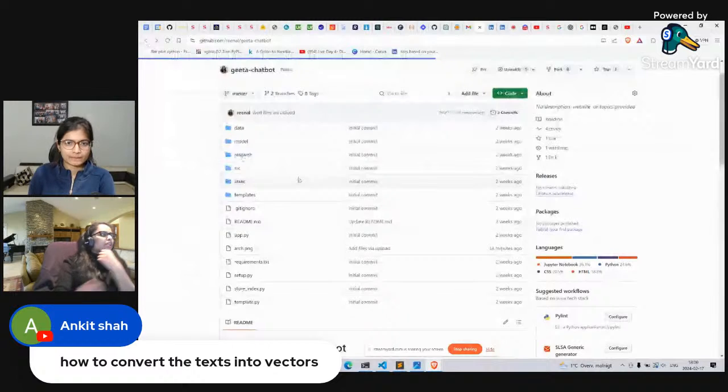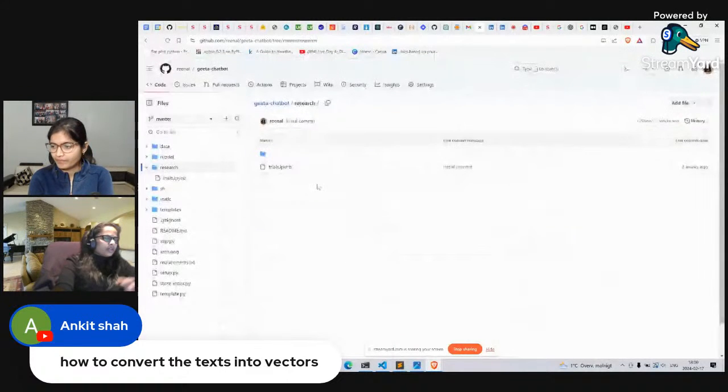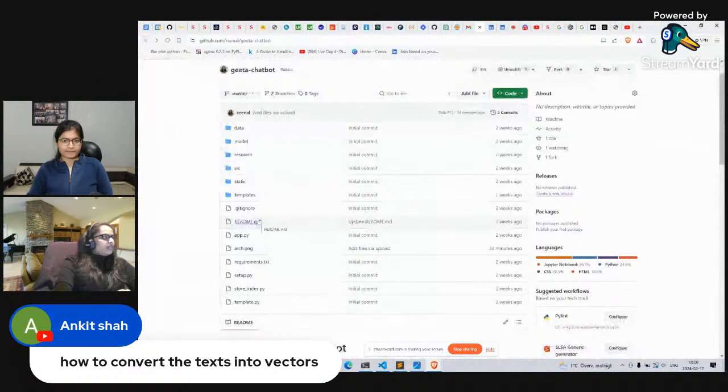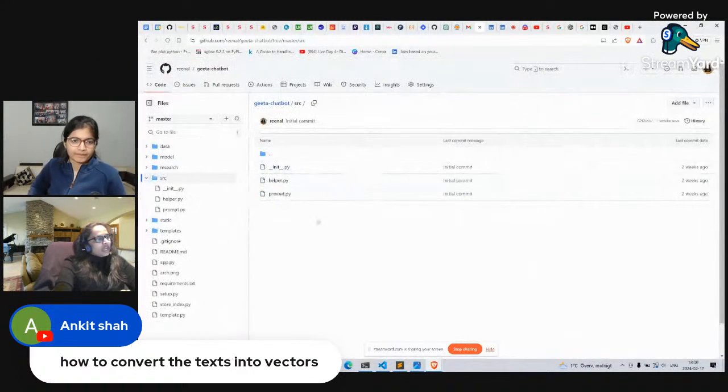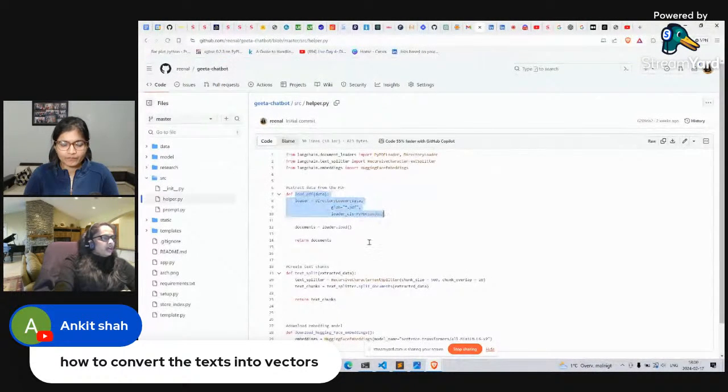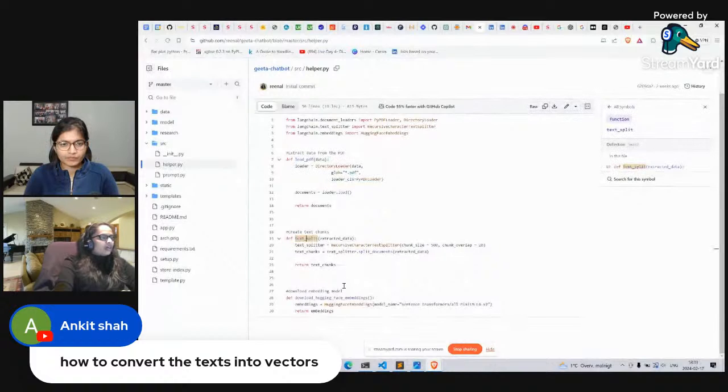Before I converted it into the object-oriented application, I tried that experiment in the notebook, and then converted it into the application. This is the src folder where I keep the helper functions needed in the application, for example loading PDF, creating chunks, or downloading the embedding model from Hugging Face. The model I have used from Hugging Face is MiniLM. So I have created the embedding model from Hugging Face, and